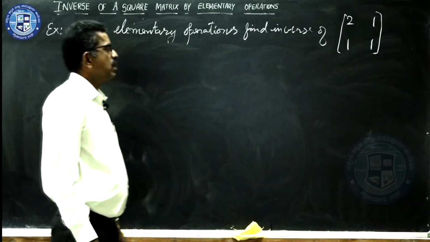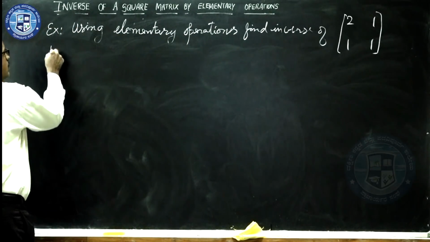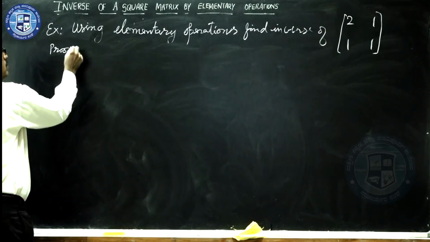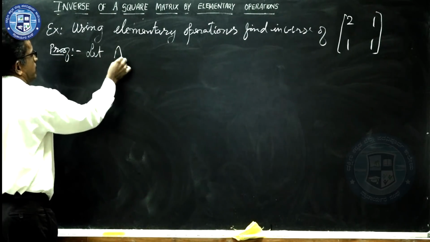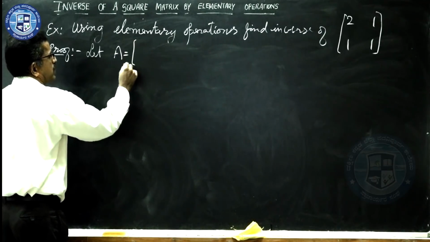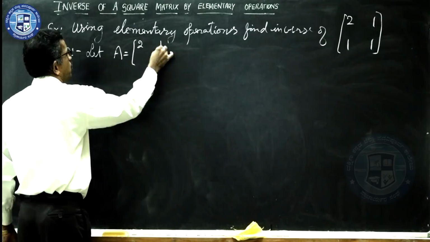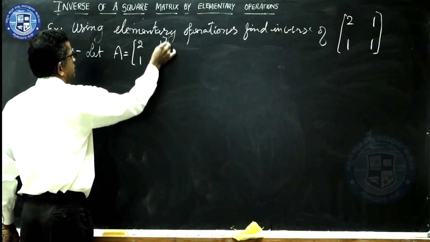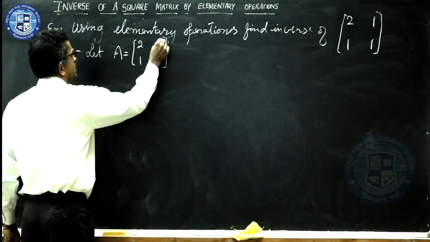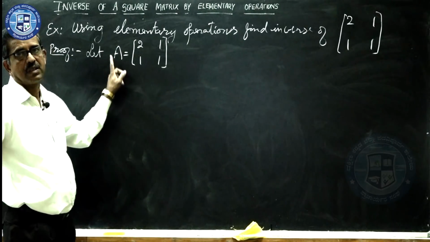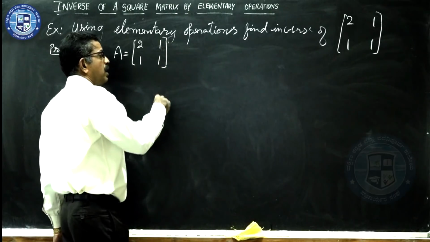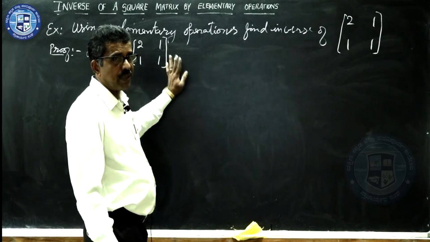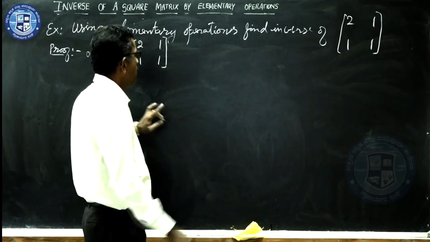Now, how do you need to begin? Let A be equal to the given matrix. What is the given matrix? 2, 1, 1, 1. So, it is the given matrix. Now, please tell me how you begin. I am interested in applying row operation, not column operation. That is why we need to take